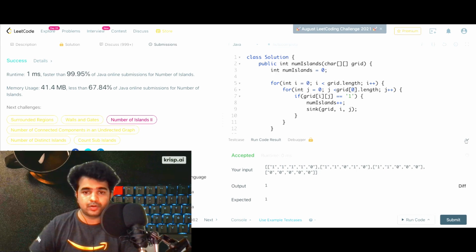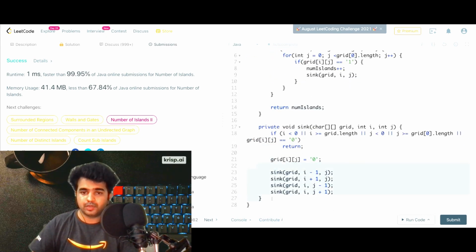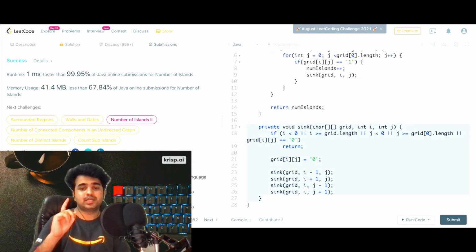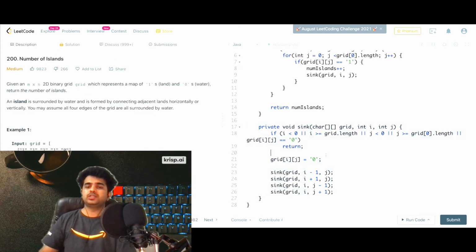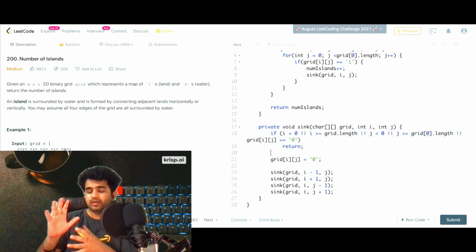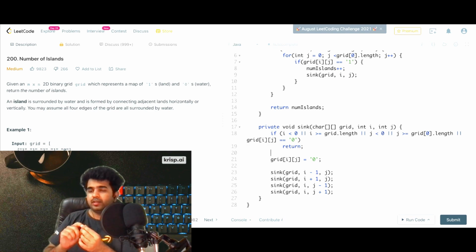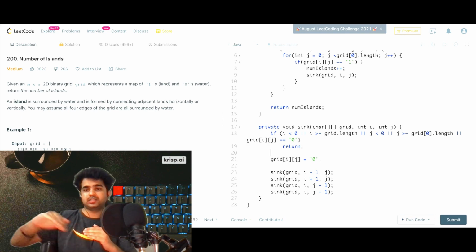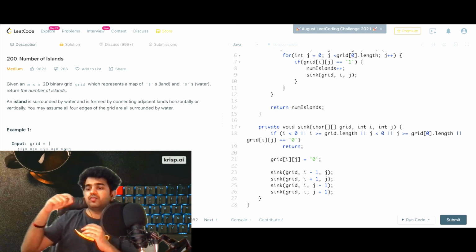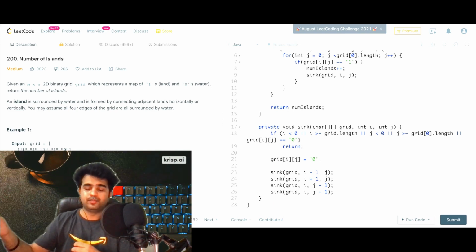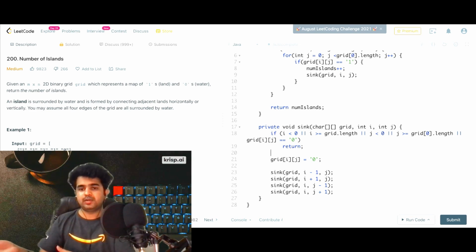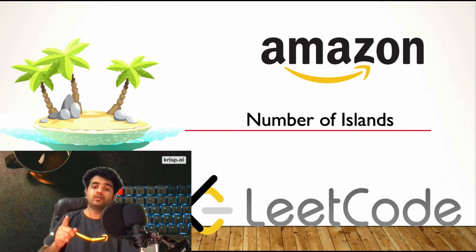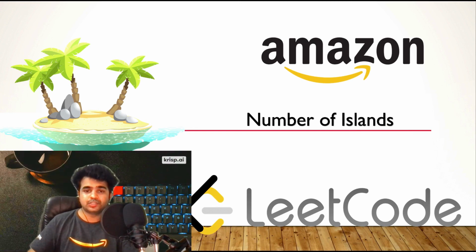One thing I want to point out here is, if you look at this sync function, then there is a concept in it, and that concept is called DFS, that is depth first search. In depth first search, let's say you're traversing a graph. At any point, you pick a point, then you pick its first branch, then you traverse that branch to the very end, till you reach the null node. Once you do it, you return back, then you traverse the second branch. This is what the interviewer is looking for in this question. This is the meat of this question.